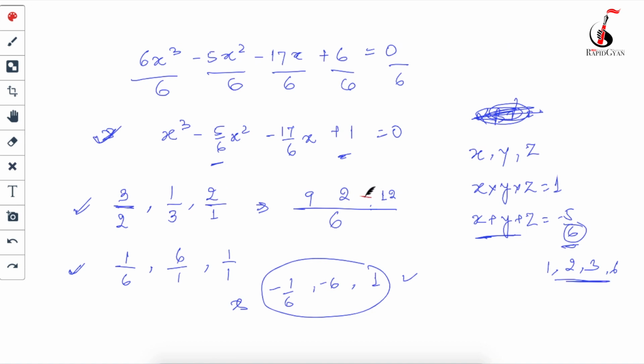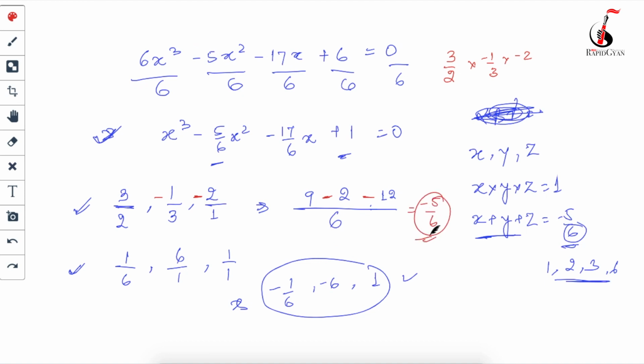So here, beta, if I make 12 and 2 negative, 12 plus 2 is minus 14, minus 14 plus 9 will give me minus 5 by 6. Correct? And if I multiply, this will become minus, this will become minus and this will be plus. So here, if I multiply 3 by 2 with minus 1 by 3 and with minus 2, I will get plus 1. Correct? And if I add, I will get minus 5 by 6.